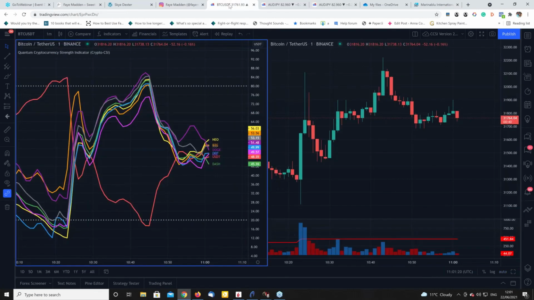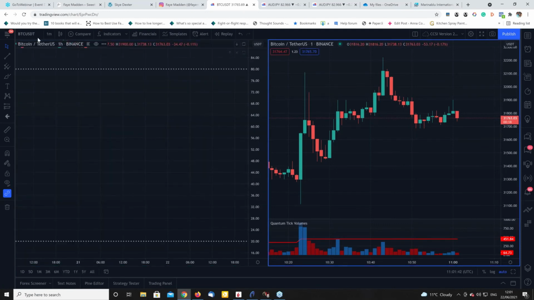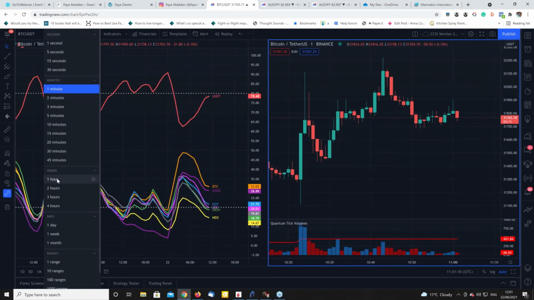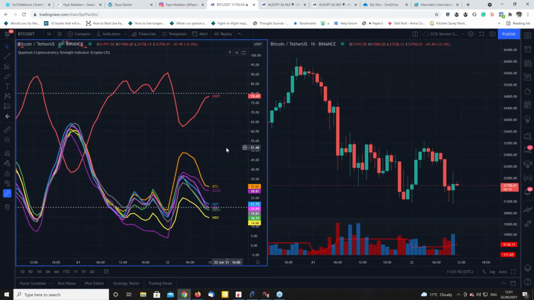Now, one very quick thing I want to show you here. This is something we're working on right now. Moving to a different market, this is Bitcoin and cryptocurrencies in particular. What we're in the process of developing, which will be available relatively soon, is an equivalent of, this runs on all time frames. So I put this over to an hour. Let's change that over to an hour as well. There we go. This is actually equivalent to the currency strength indicator. It's what we call the cryptocurrency strength indicator, believe it or not. It's not very original, I appreciate.